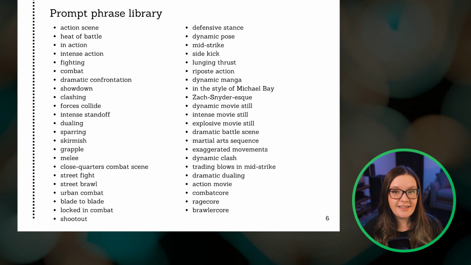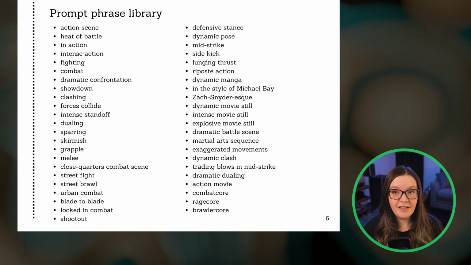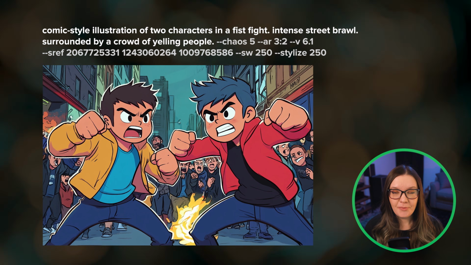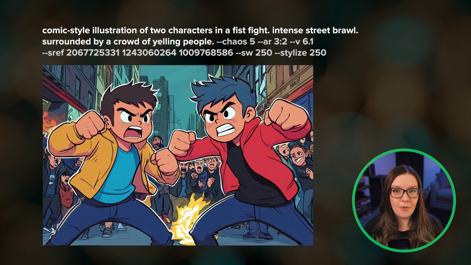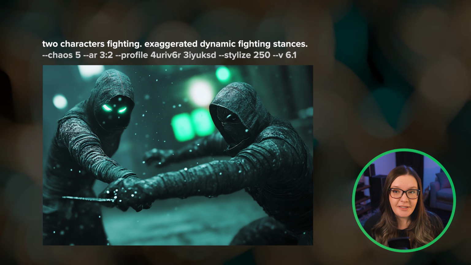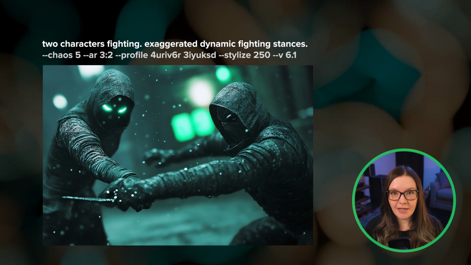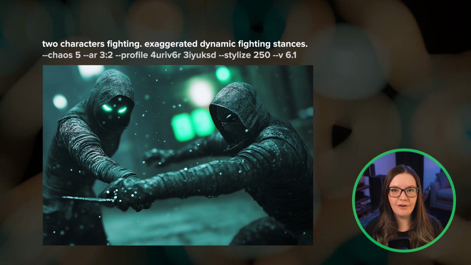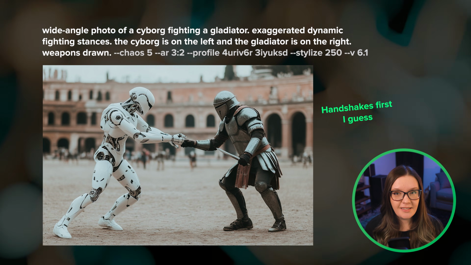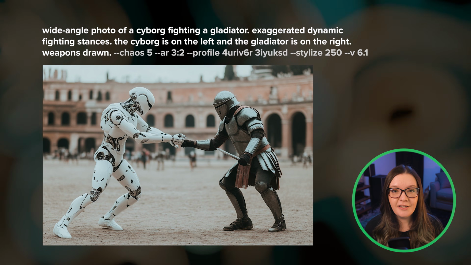Here are more phrases that I shared in the prompt collection that can be especially useful for scenes that involve fighting. If you've spent any time trying to create fight scenes in Midjourney, or any scene where 2 characters are physically interacting, you've probably noticed that it can be difficult to get body positions and overall image coherence to look just right. Not only that, but Midjourney is still somewhat limited in its knowledge base and its ability to translate